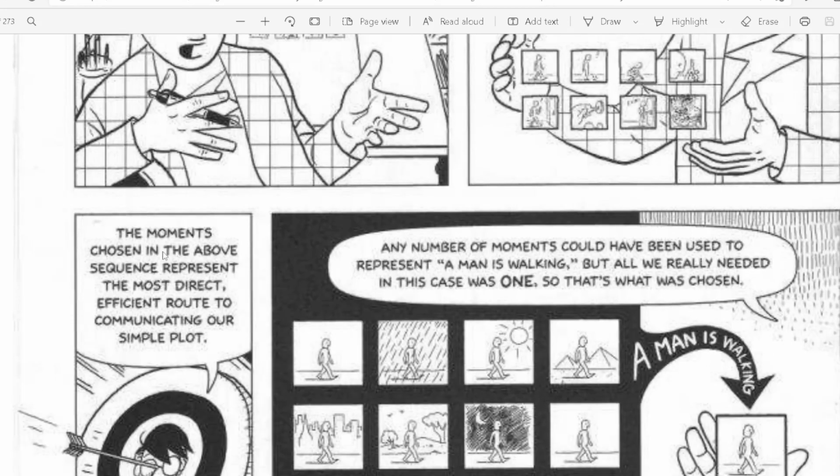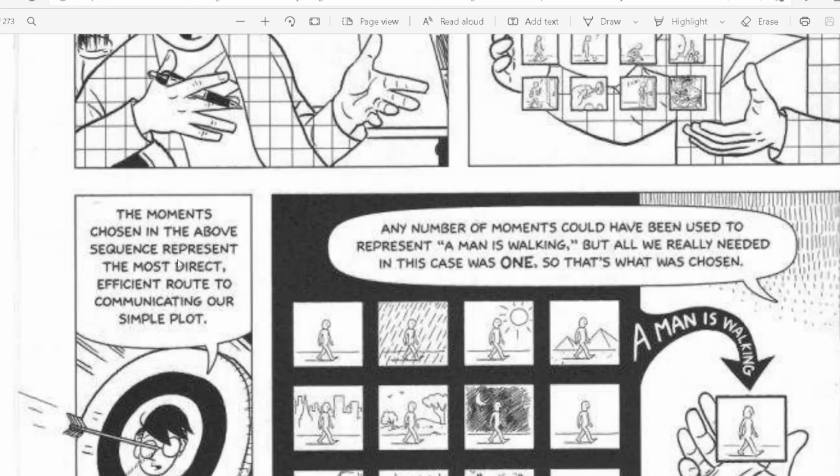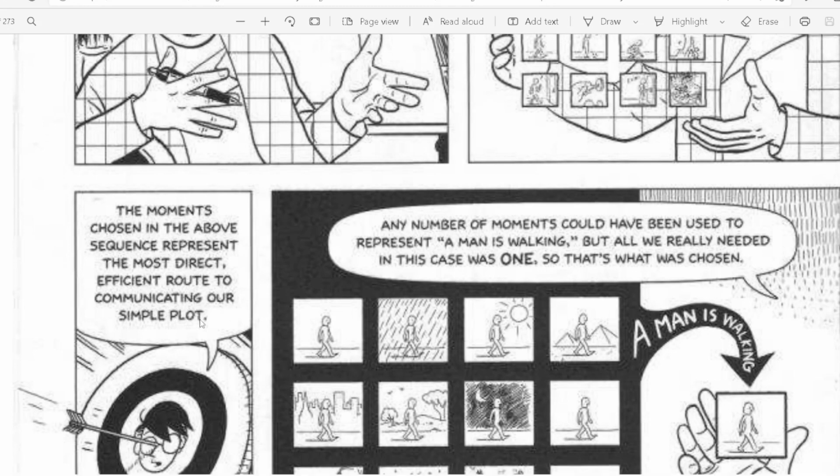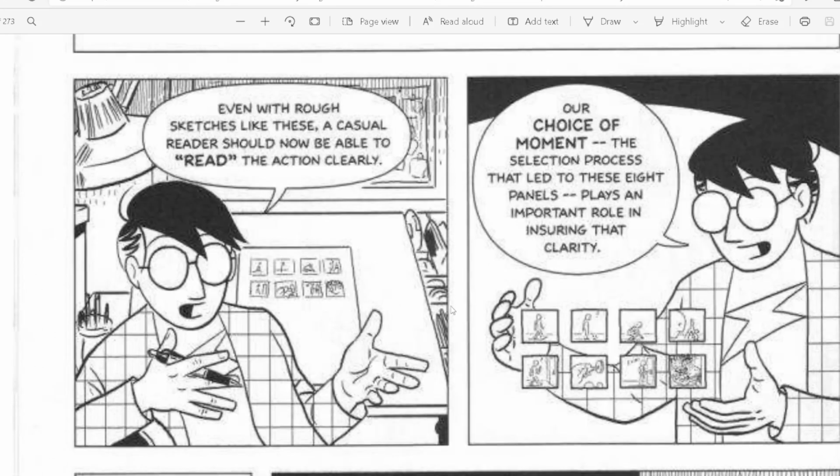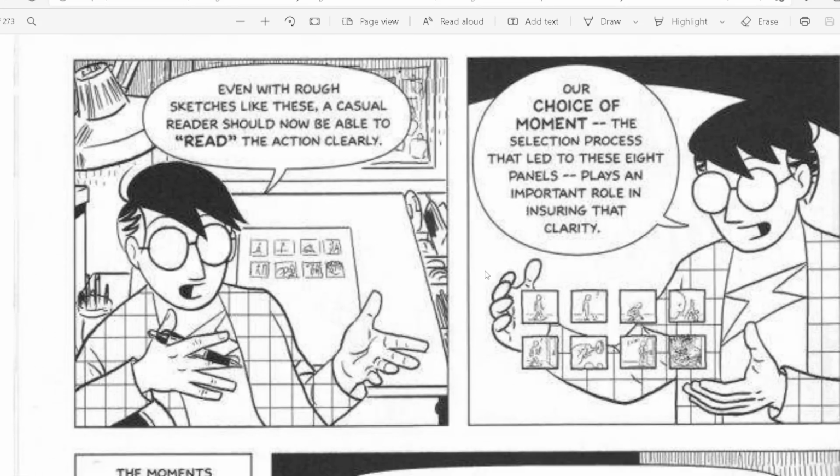The moment chosen in the above sequence represents the most direct, efficient route to communicating our simple plot. Our choice of moment. So the first one was our choice of moment. The selection process that led to these 8 panels plays an important role in ensuring that clarity.